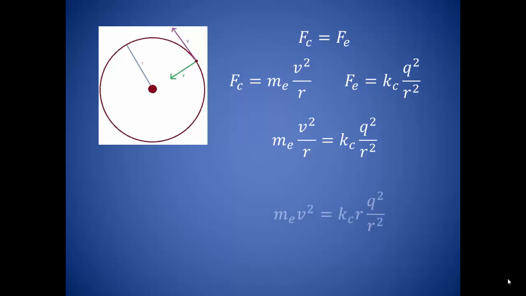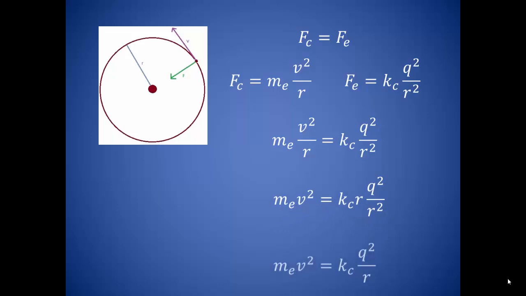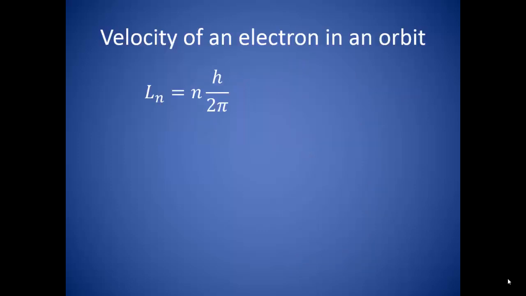Really, at this point, we're interested in angular momentum, so let's solve for mv squared. We have some r's that can cancel out, and we find that the angular momentum of an electron in orbit around a nucleus is equal to Coulomb's constant times the charge squared divided by the radius. Remember that Bohr is looking at the angular momentum of the nth orbit. Now the definition of angular momentum is the radius times the mass times the velocity. We're talking about the angular momentum of the nth orbit of an electron, so we would take the radius of the nth orbit times the mass of the electron times the velocity within that orbit.